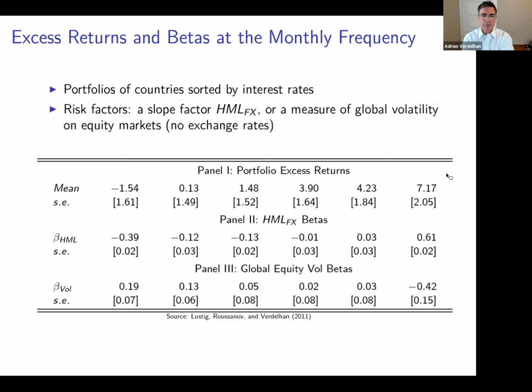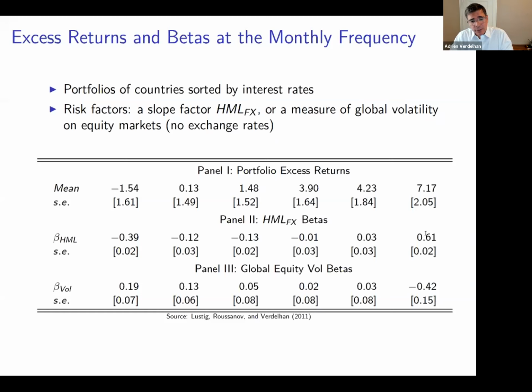So you can build a risk factor by looking at the high interest rate currencies minus the low interest rate currencies. Look at this exchange rate, high minus low. And this is an exchange rate that doesn't depend on your base currency. You can define it with respect to the US dollar or another one, it doesn't matter, because it's a difference in exchange rates. And what you can see is that those portfolios tend to load more and more on this risk factor. So it's really the Fama and French exercise. You see from a negative loading to a positive loading across portfolios. Now, the thing is that here we're still explaining returns with returns, which is a first point, but not completely satisfactory.